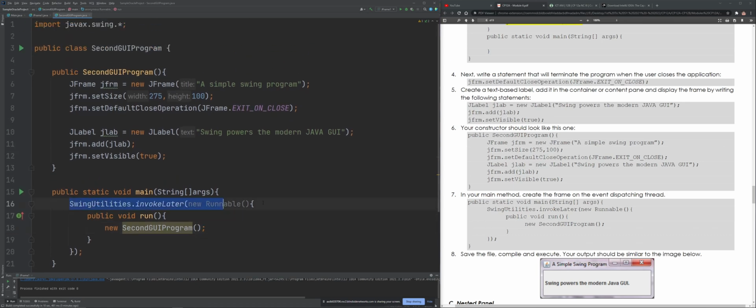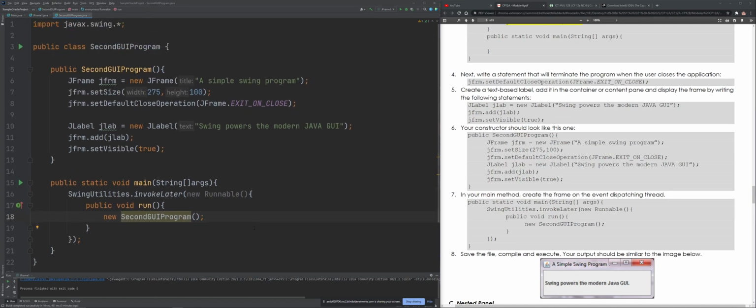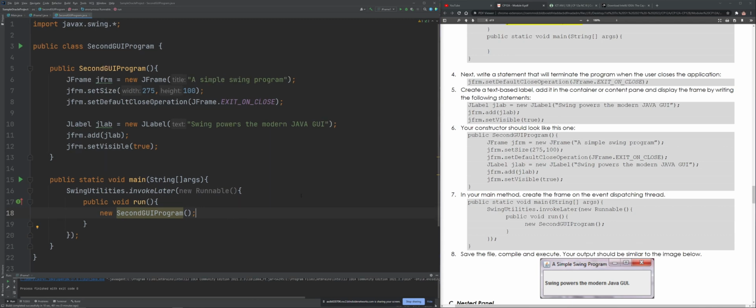Nilagay ko lang talaga to para maging ready tayo later on sa paglalagay ng threads or animation sa loob ng JFrame natin. Kasi possible po yun. You can even create your own drawing using Java sa loob ng JFrame. So, kung i-run natin to,